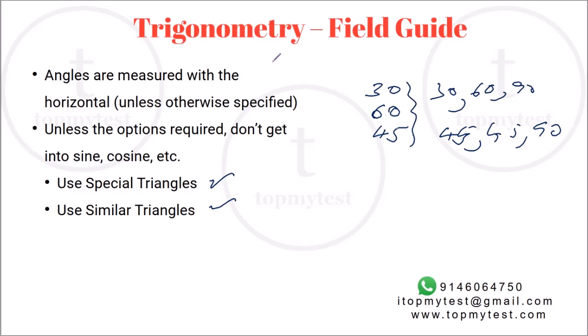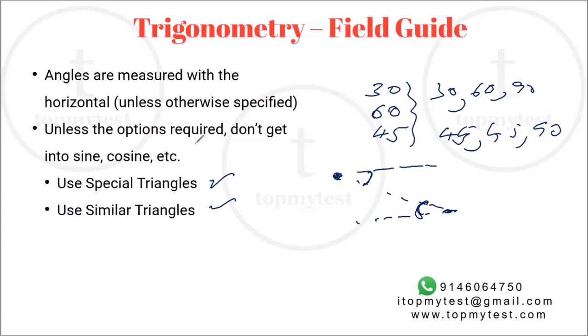Another thing you need to be careful about when using trigonometry is that, unless otherwise specified, all angles, whether it's an angle of depression, which is from top to bottom, or an angle of elevation from bottom to top, are always measured to the horizontal. And using parallel lines, we can always prove that the angle of depression from the top to the bottom will be the same as the angle of elevation from bottom to the top. Once you have this, trigonometry actually becomes pretty straightforward. No need to use additional formulas unless required.